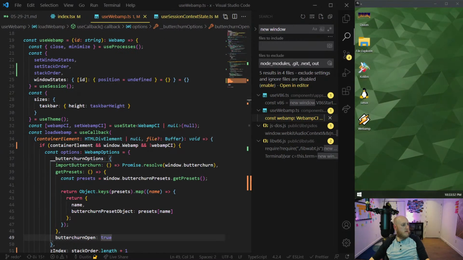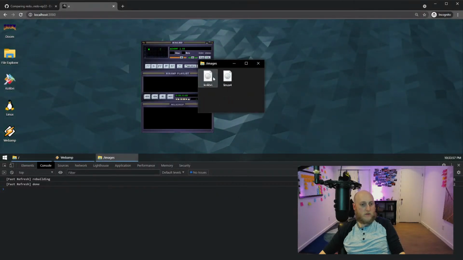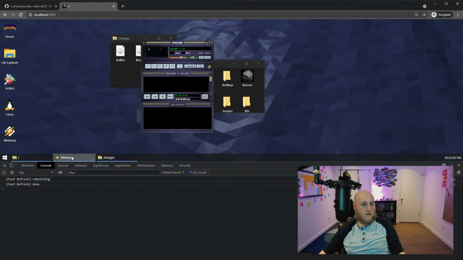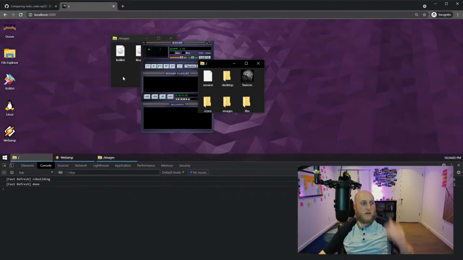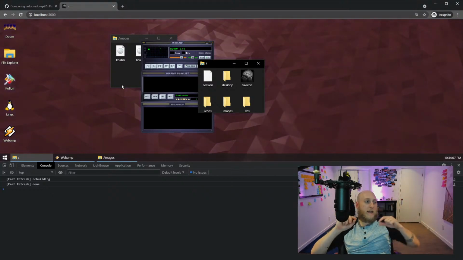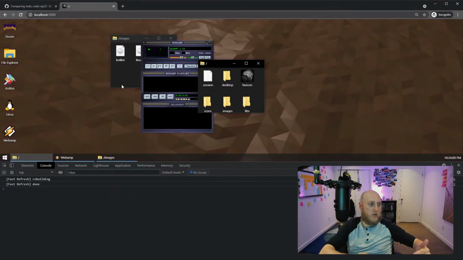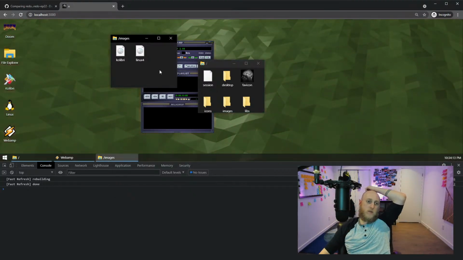Oh, wait, yeah. Let's demo. It should be fixed now for multiple windows. So let's try it here. So I click there, I click this. There we go. Now it's properly interacting with the stack. Before I had it where I thought it was working, but then when I opened a third window and I clicked 1, it would shoot behind 2, even one that wasn't connected in the stack. So it was messed up.